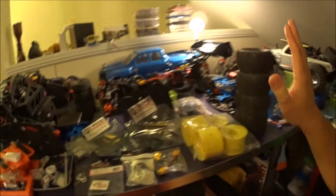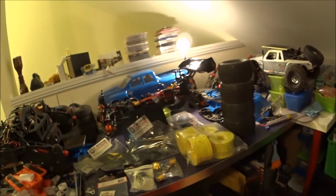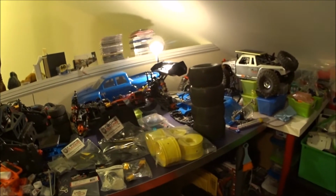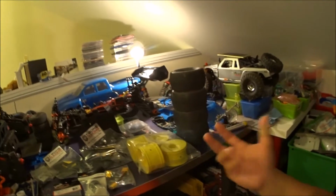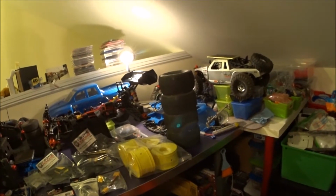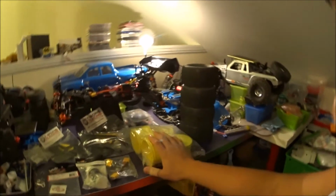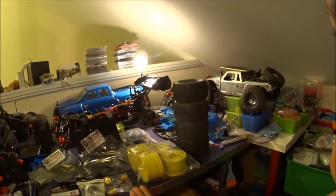So that takes care of the tires, and I don't have my body here actually. I was able to spray probably several layers of Rust-Oleum truck bed liner to stiffen the body up a little bit, because I don't think the body is Lexan. I think it is PVC, and it's very, very thin. If you have one of these trucks, I don't think the body's gonna last. Even with the bed liner sprayed on it, it's still fairly weak. Some people have used Gorilla Tape. I don't have that. If I ever get some, I'll maybe put it on just as a supplement. But anyway, let me get all these parts installed, and I'll shoot another video once I got everything up